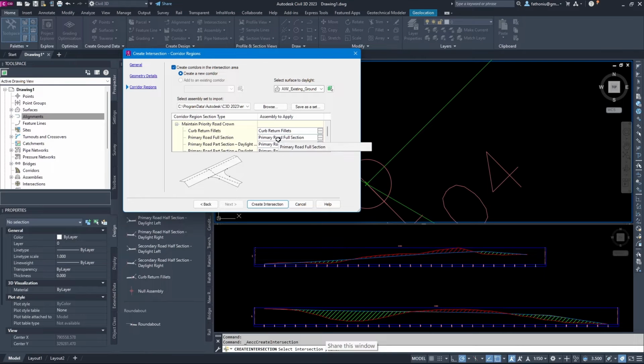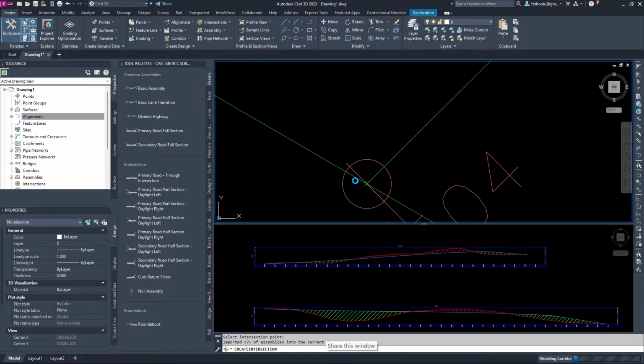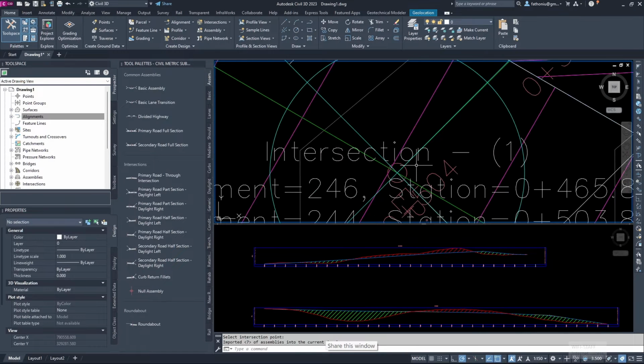This is the assembly to apply, primary road full section, because we don't have a specific assembly. Later, once we select this one, it will create an assembly for us, then we modify the assembly. Then I press the create intersection button, and it will create. You can see modeling corridor, everything is created.